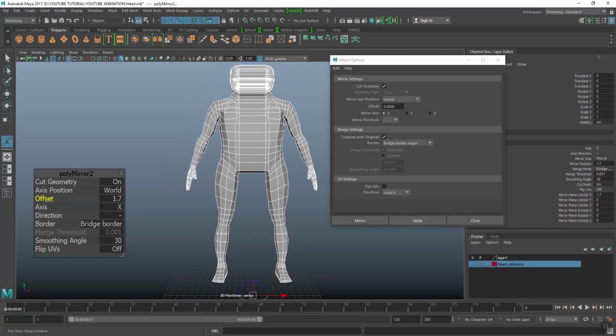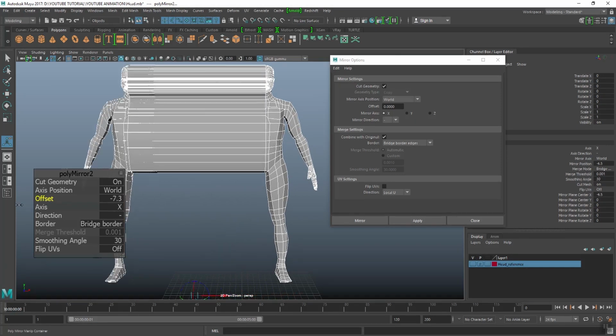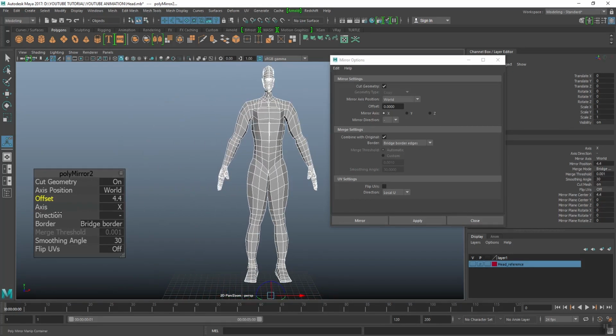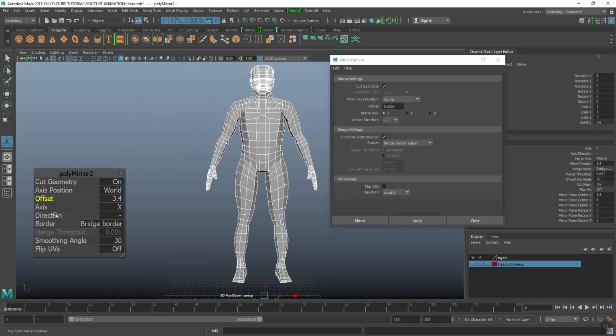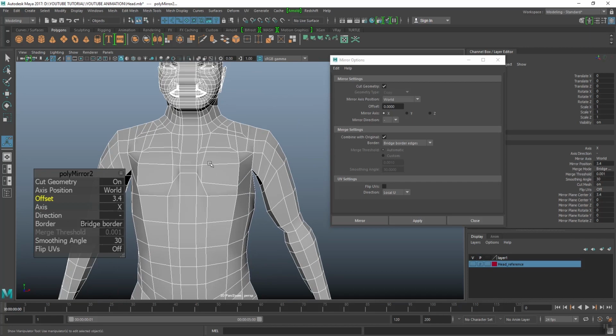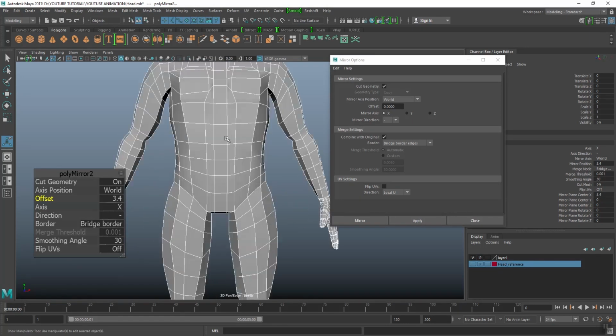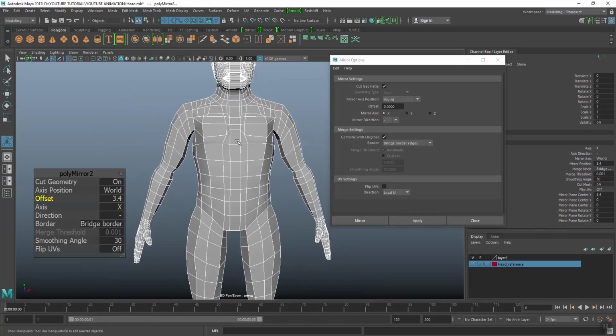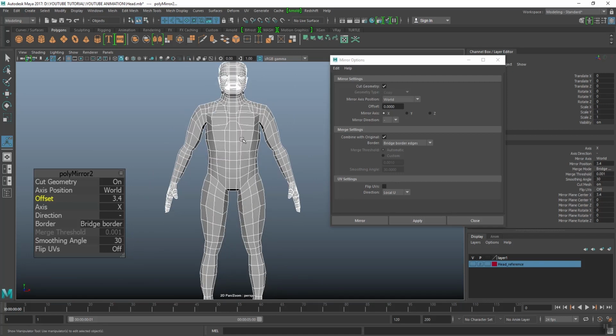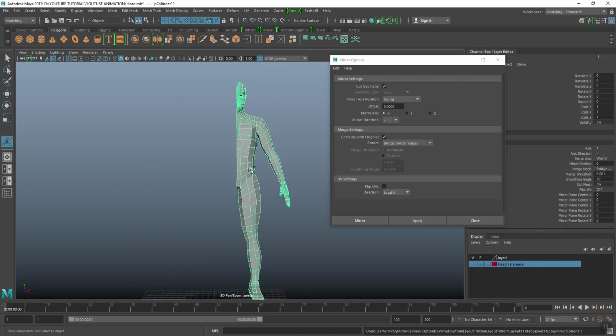Now you can adjust your offset. See, this is bridge border edges. So let's undo this,